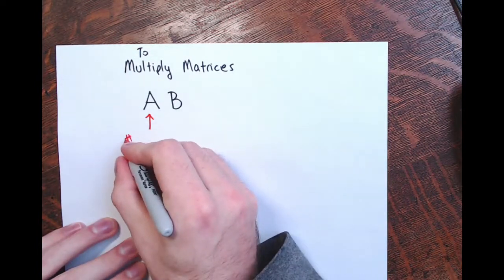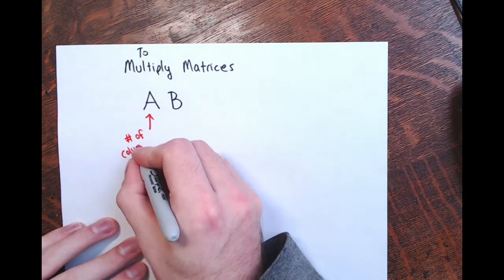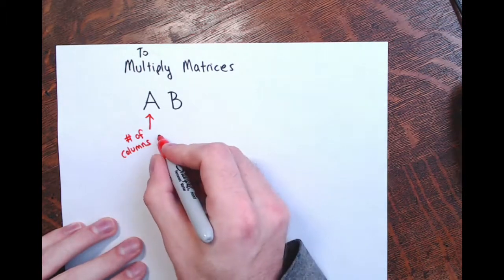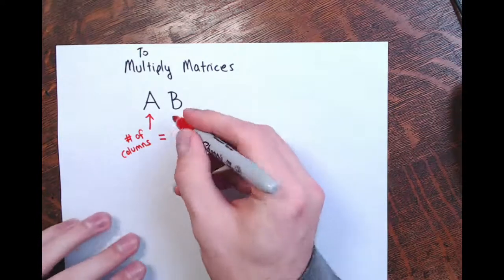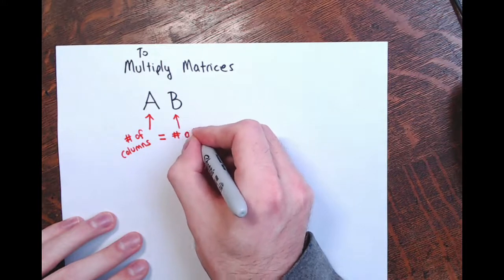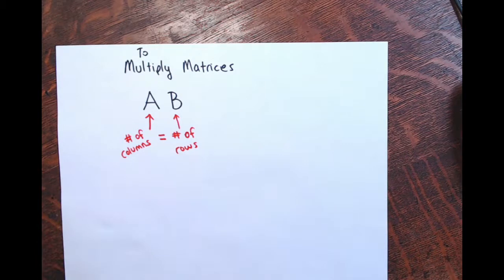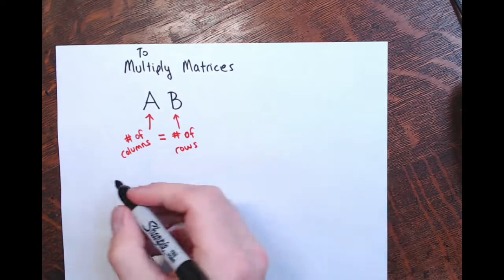The number of columns of the left matrix must be equal to the number of rows of the right matrix. All right, so for example,